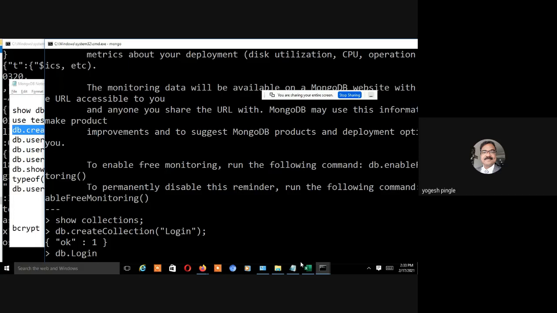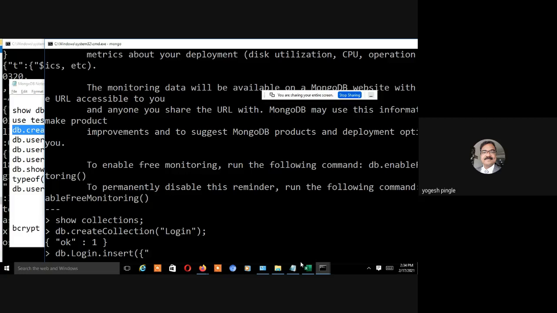So over here, what are we going to do? My database is login. There is a command called insert, and there is a key-value pair. What is my key?